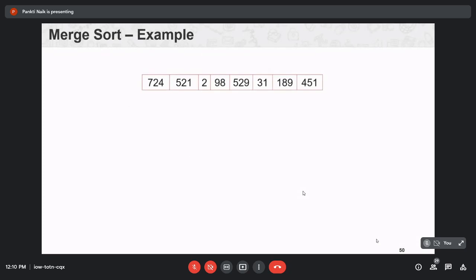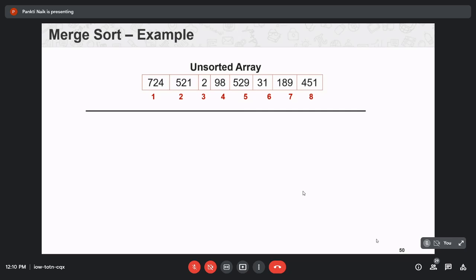So let us understand the merge sort algorithm with the use of this example. Consider the list elements as this. This is your unsorted array. Then give an index to each element in the array. Then step number 1, that is divide.